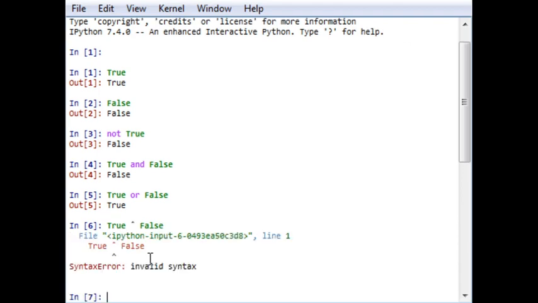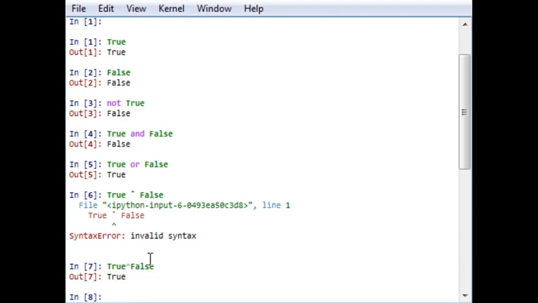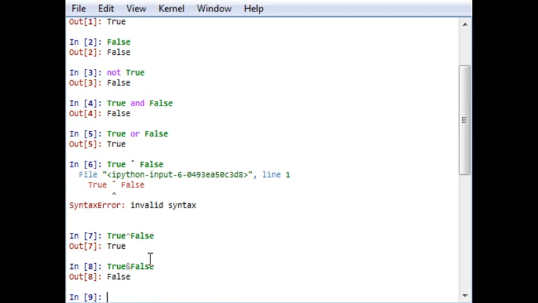If I use the symbol function, there is a syntax error. Let me check it again, because I have used a space. Okay, since Python is case sensitive, we have to avoid using a space. Similarly, I can also use the symbolic function of AND, and it will give me an output. So these are the simple functions that I have shown you.